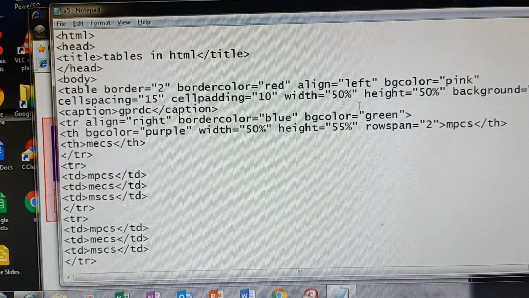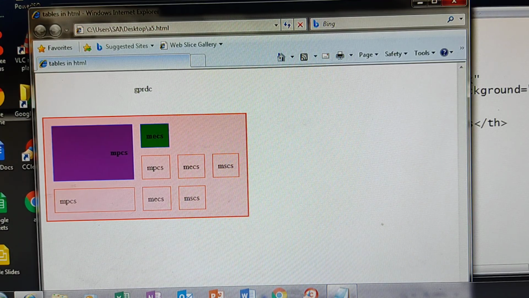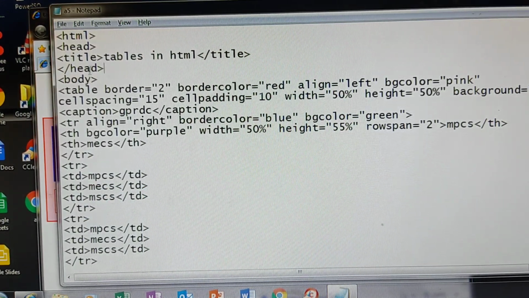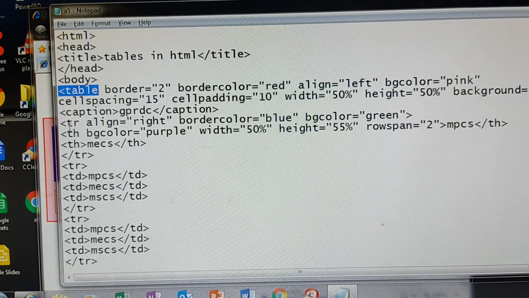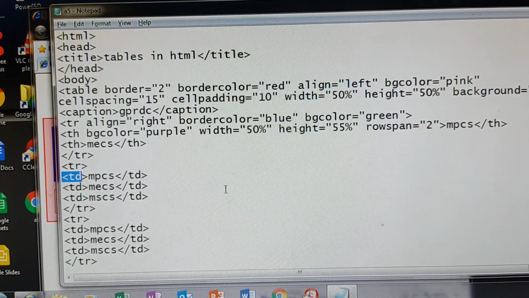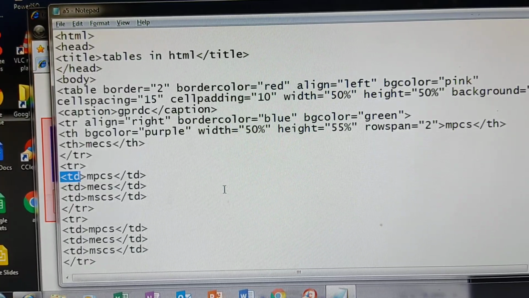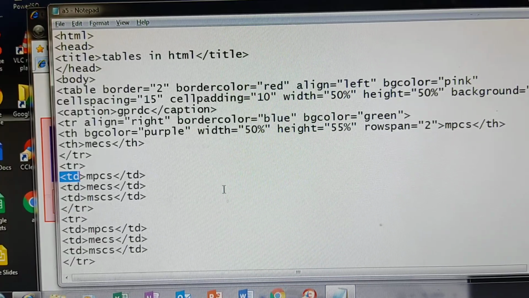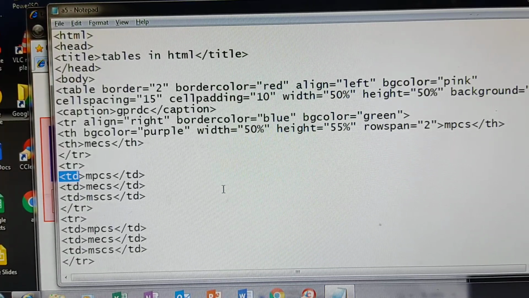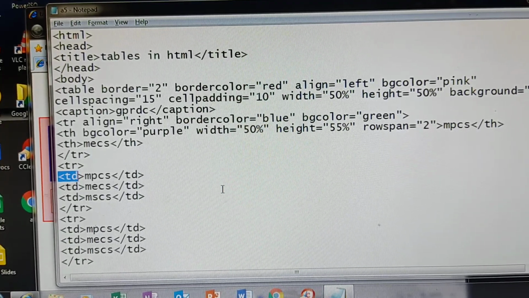So this is about your practical part. But caption also I have given. Table is the root element, next caption is the second one, TR is the third one, next TH, TD. So all the 5 elements I have explained with the attributes. For all the 5 elements you can include images, background images, background colors, borders, border colors, cellpadding, cellspacing, and colspan, rowspan, all you can use.